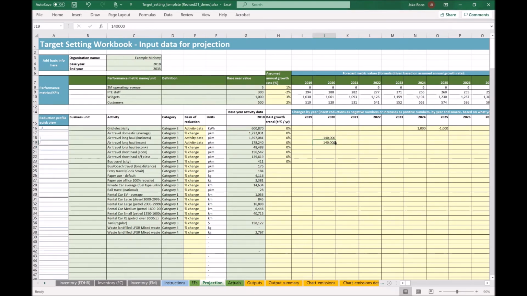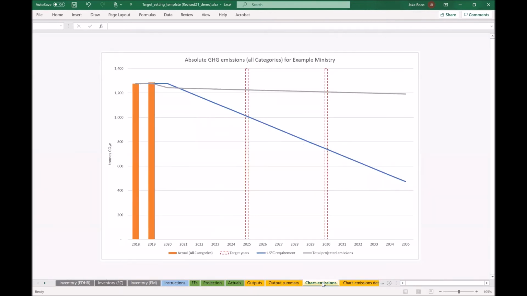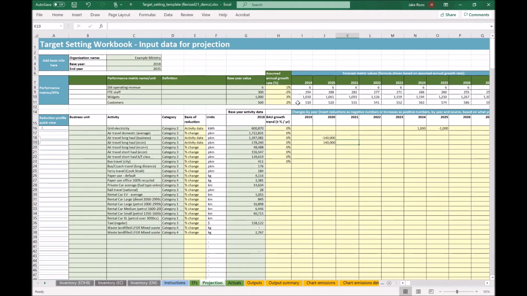in a long-haul economy. So that is your fuel switch, and you can see it over here on the spark lines. One's dropped down, the other has popped up. And we should see an emissions reduction associated with that. And we can see a little dip there. Why don't we increase it a bit more to see if we can get a really big effect? Why don't we get rid of all of our